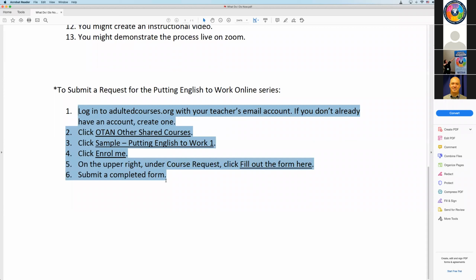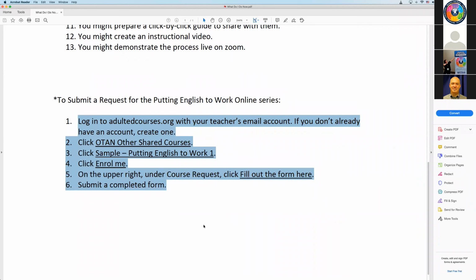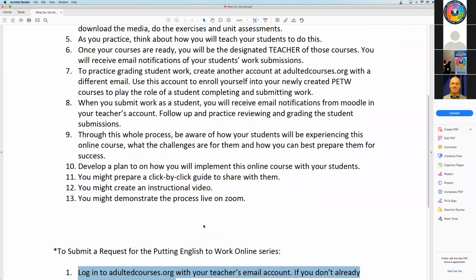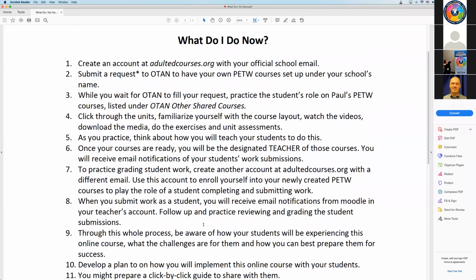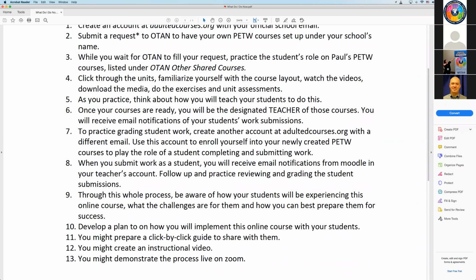Regarding contacting Marjorie through the email, I've included instructions here on this handout, Melinda. There you go. Even better, use the form. Yes. Is this still relevant? Absolutely. I'd forgotten all about that. Marjorie was probably cringing when I said support.otan.us. So this will be part of the handout that's going to be posted on OTAN. Right. And you will have the link to submit your request to get the course. It's actually a form. Thank you for that correction.